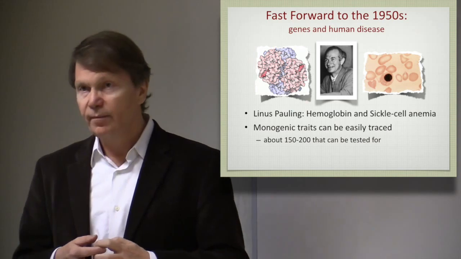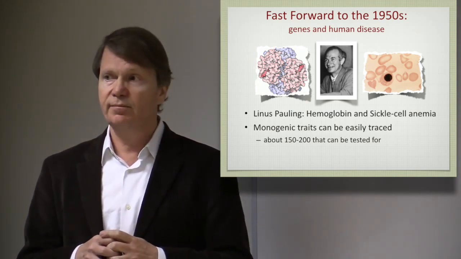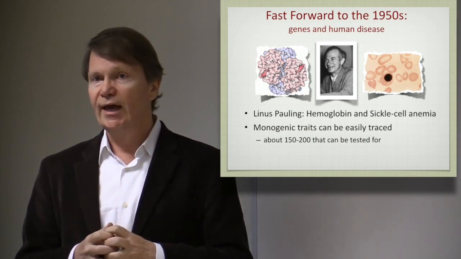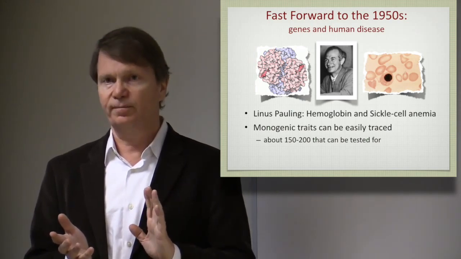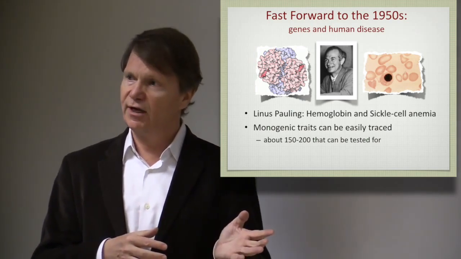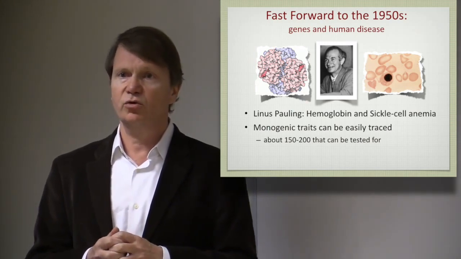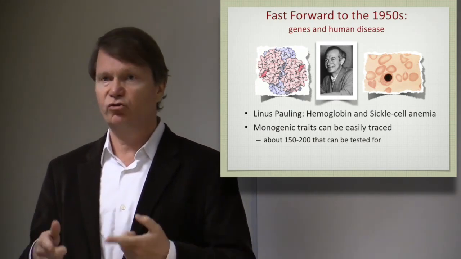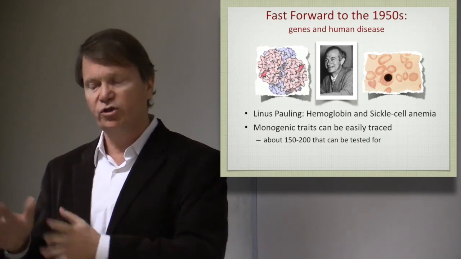Now, there are many such monogenic traits that have since then been described in the human population. And you can neonatally assay for, I think, 150 or 200 of them. Not all of them are as serious as sickle cell anemia, but these are various traits of human beings that are associated with a single gene, which is interesting. So these are called Mendelian traits because there's one gene, and alterations in that one gene lead to a phenotype.